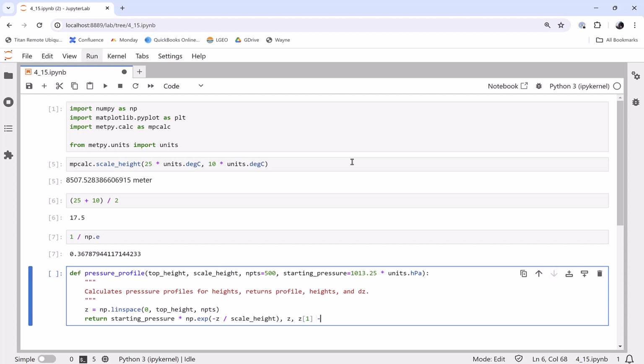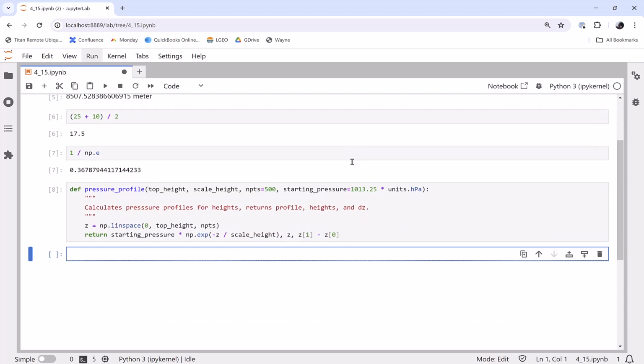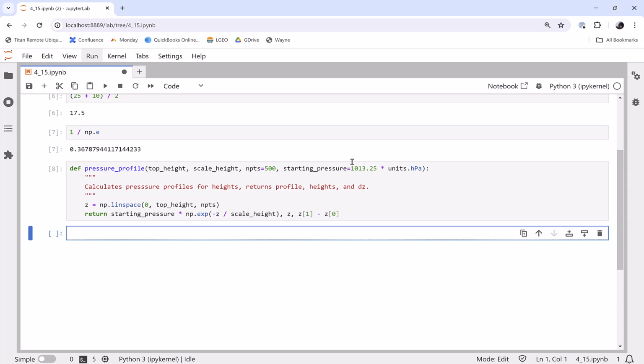This might be useful for us to know how many meters are in between each point when we're using npoints. So we can say the pressure, the z, and the dz,